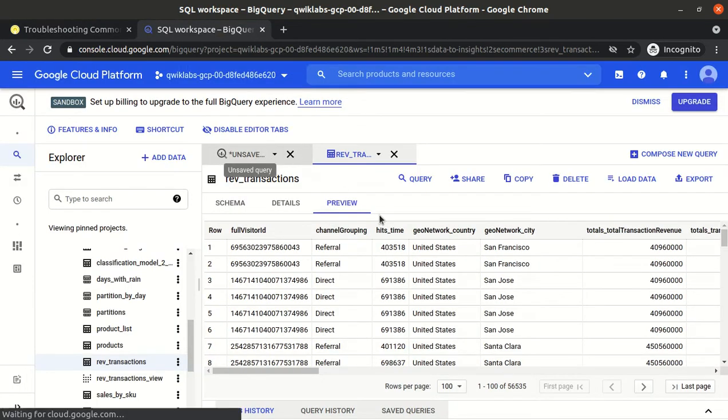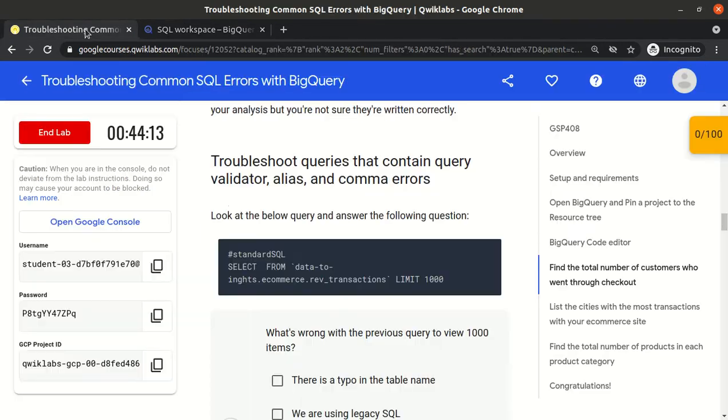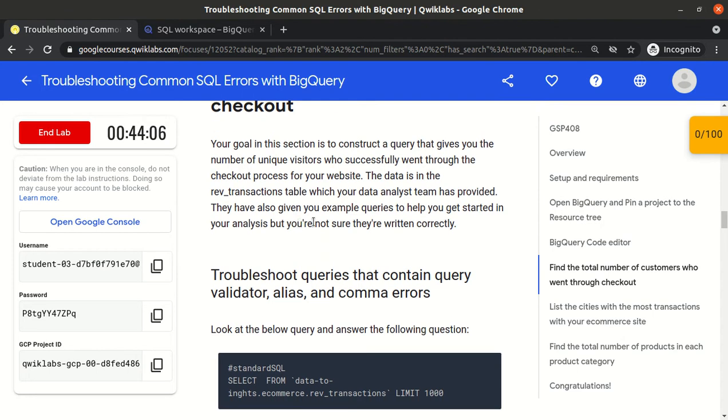is correct or not. By looking at this scenario, what we feel is we need to find the total number of customers, and the data is in the reverse transaction table.